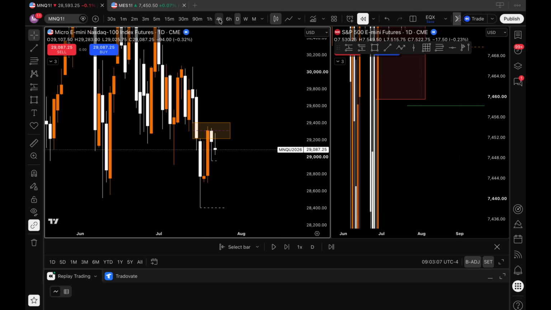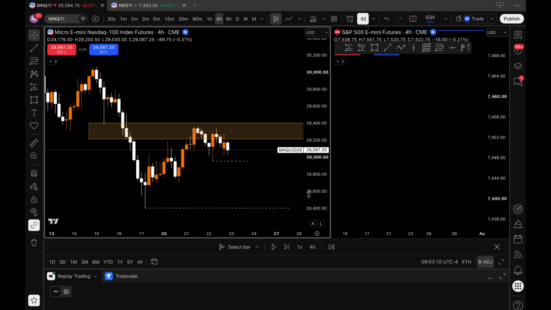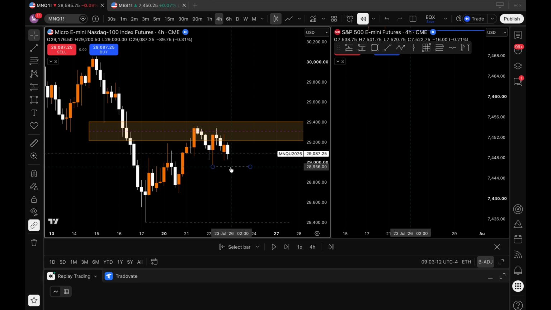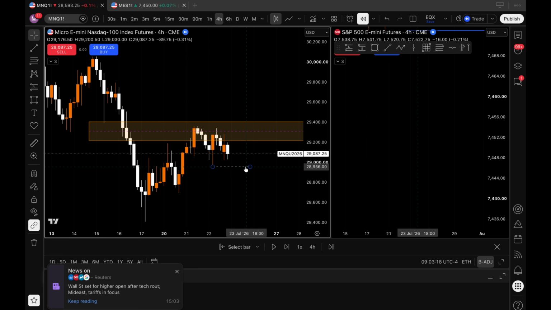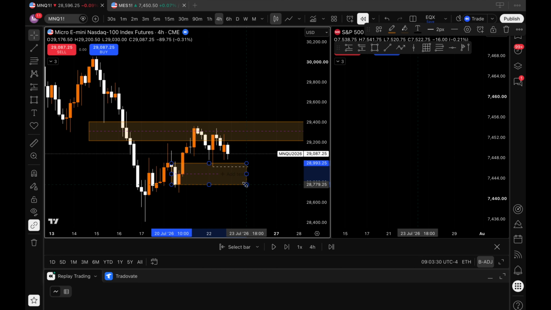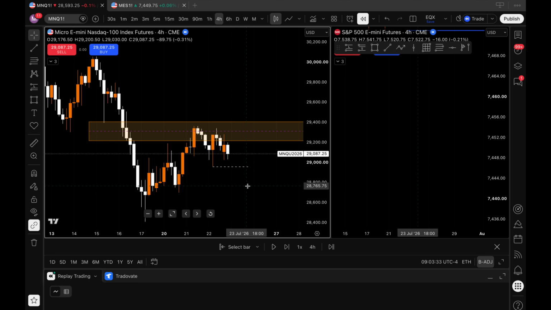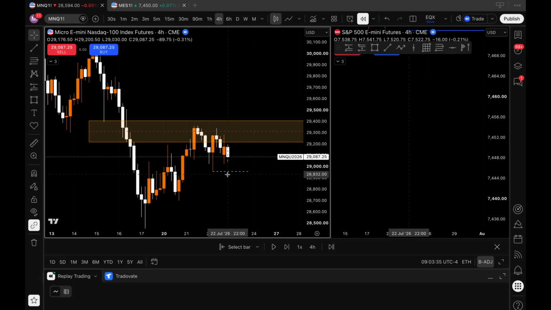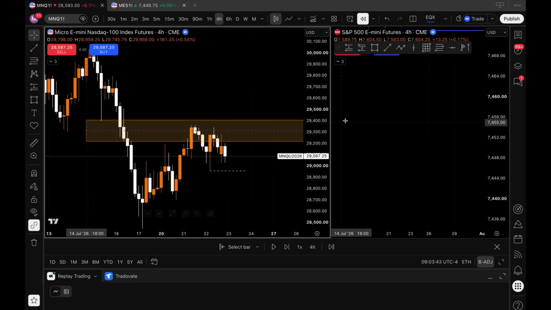So if we drop down to the 4-hour time frame, what we can see is that we have this sell-side liquidity. It's an internal range liquidity on a 4-hour swing candle, which is also on a 4-hour gap and a 4-hour order block. Okay, so what I'm looking for is for London to open, and I want to get some sort of reaction from this low and then trade into the buys.